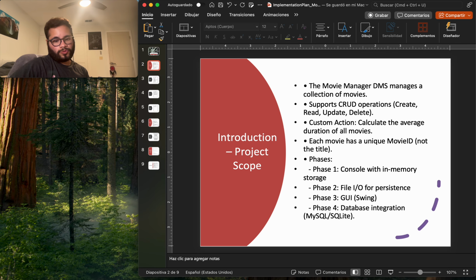I would like to introduce my project with my project scope. The Movie Manager DMS is designed to manage a collection of movies. The system allows CRUD operations, which are create, read, update, and delete. In this case, movie files that the user is capable of storing and accessing as many times as the user wants. It also includes a custom action to calculate the average duration of all movies that the user has